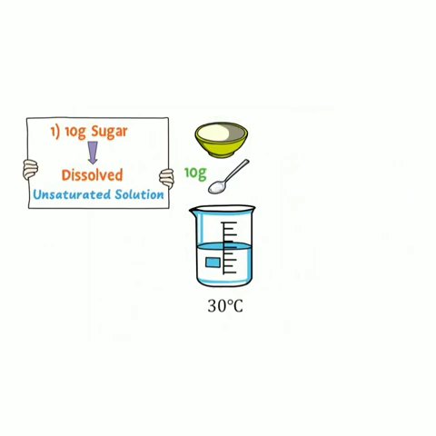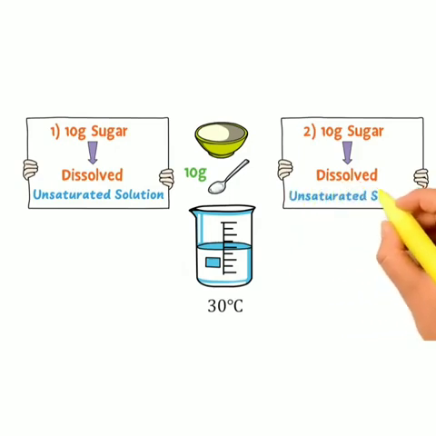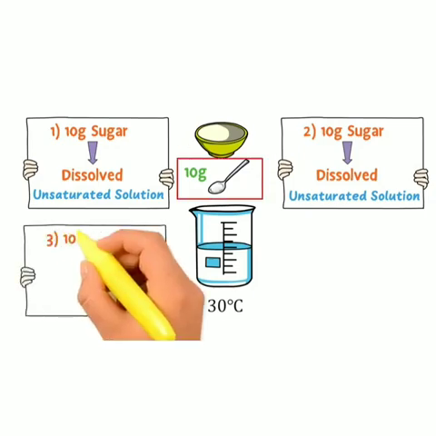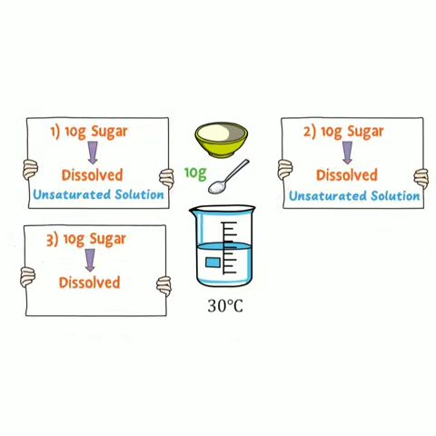Again we are adding 10 gram of sugar in that solution only, in which we have already added 10 gram of sugar. It will also dissolve in 100 ml of water, right? And it has the ability to dissolve this 10 gram of sugar also. Total 20 grams of sugar in this water. This is also an unsaturated solution. Again we add 10 gram of sugar in that solution only, so it will be 30 grams. It will also dissolve in 100 ml of water. So this is also an unsaturated solution only, right? Because it has the ability.